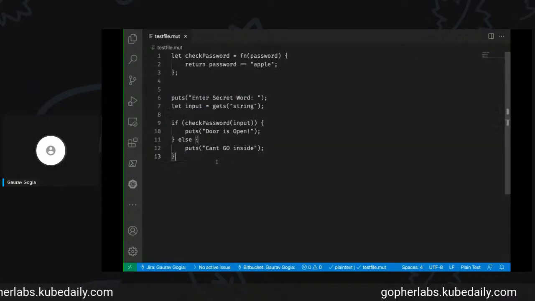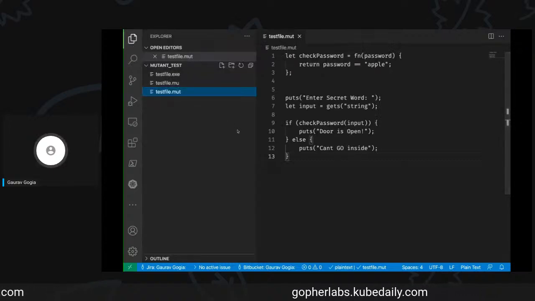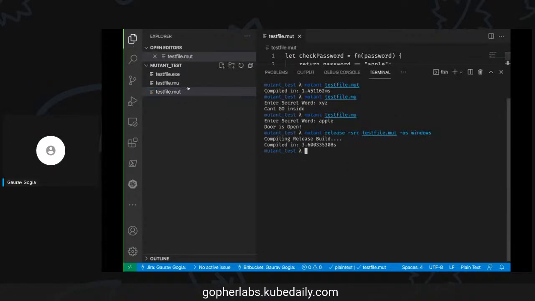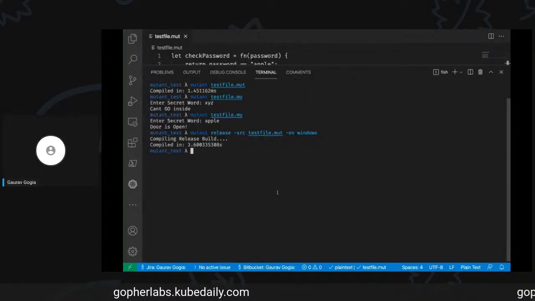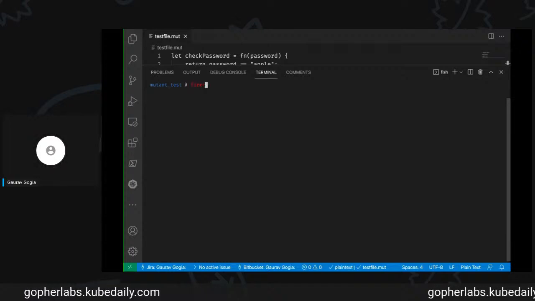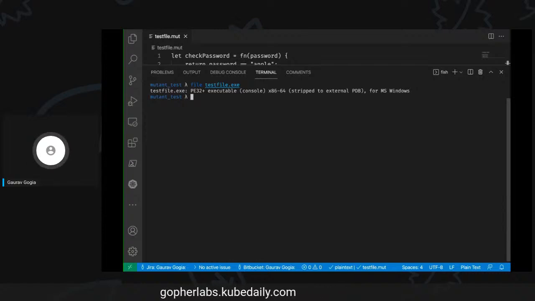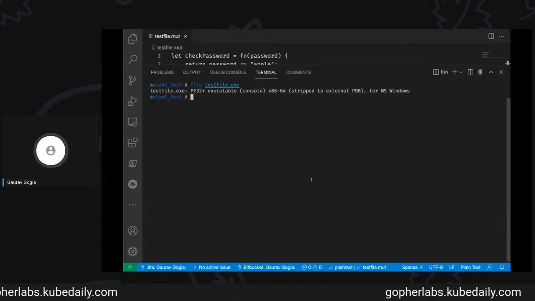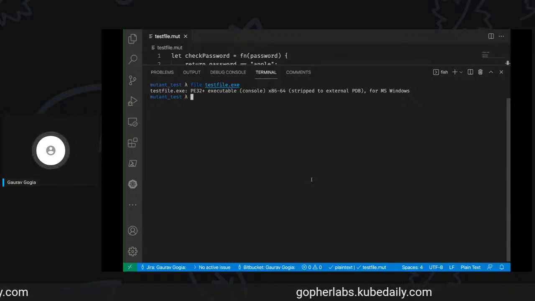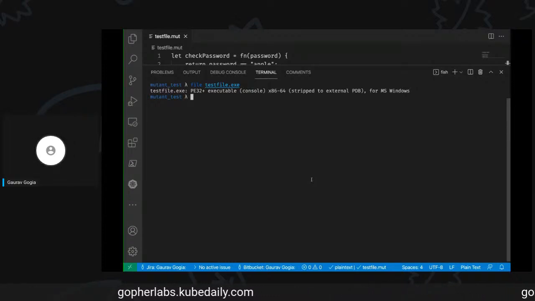Didn't take very long. And let's see, do we have a file here? Yes, we do. Is it really a Windows build? Let's verify that. And it is indeed a PE32 executable, that is a Windows executable. But I'm still a little bit skeptical. I don't know if it's really a Windows file or not. Maybe it's not working. Maybe I'm lying to you guys.